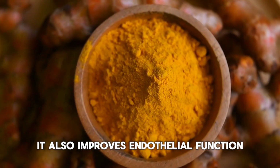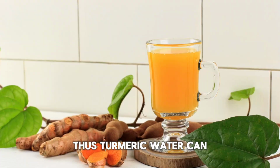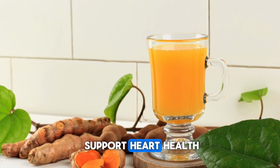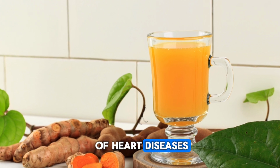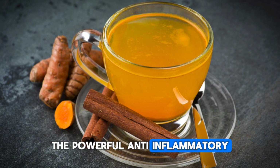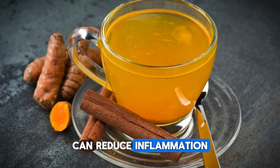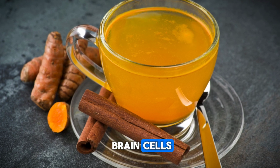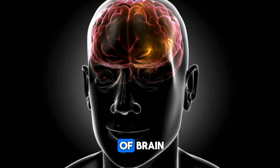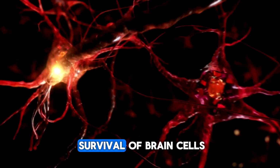It also improves endothelial function, providing a protective effect against heart diseases. Thus, turmeric water can be a beneficial natural supplement for those looking to support heart health and reduce the risk of heart diseases. 4. Improves brain functions. The powerful anti-inflammatory and antioxidant properties of turmeric water can reduce inflammation and oxidative stress in brain cells, lowering the risk of neurodegenerative diseases. Its components increase levels of brain-derived neurotrophic factor, BDNF, supporting the growth and survival of brain